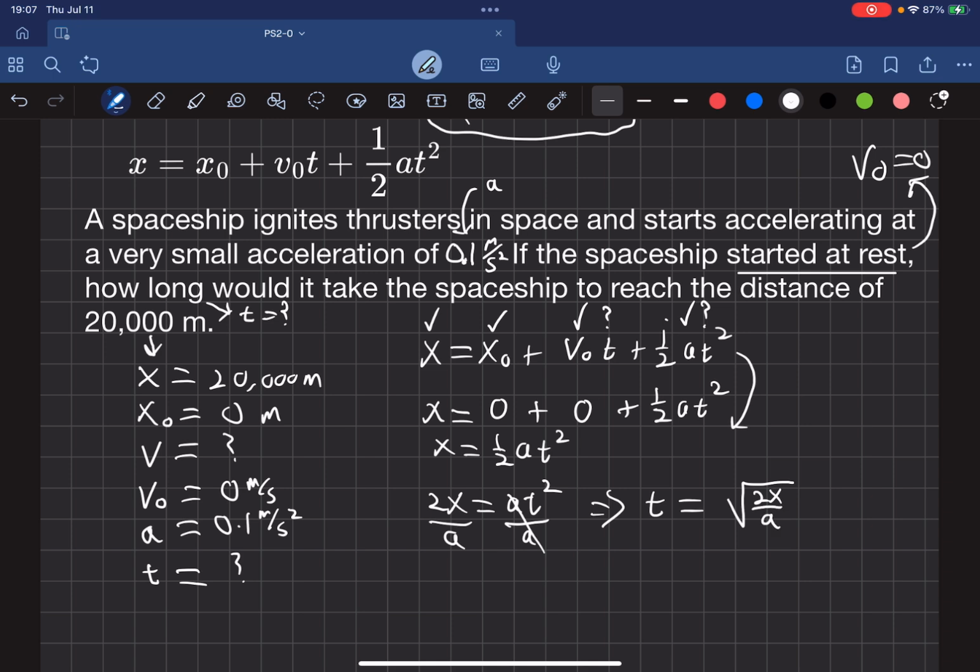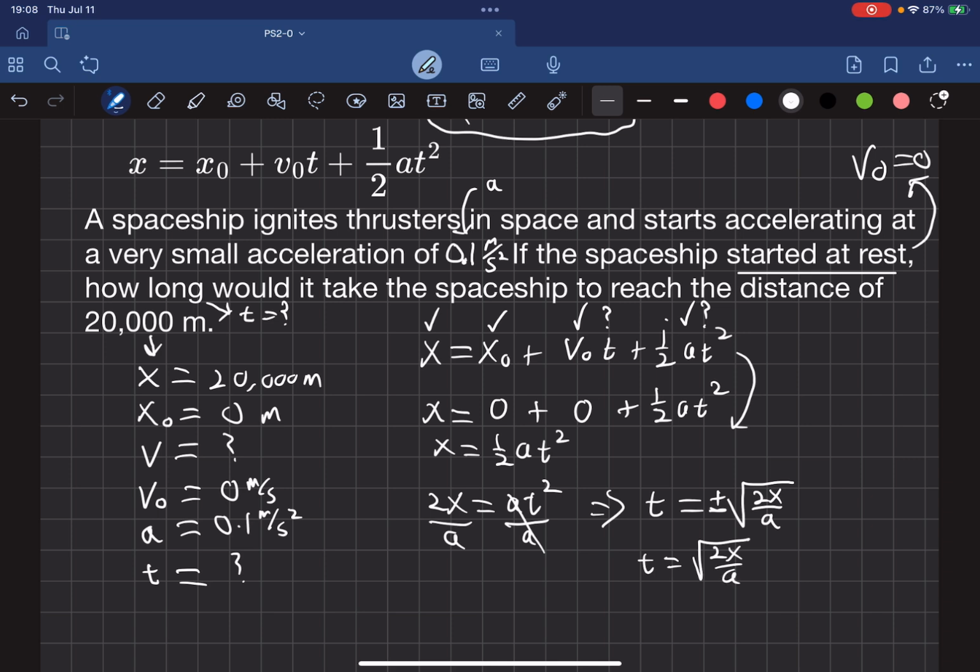Now, technically, it's plus or minus. Your math teachers will be very particular about that. It's plus or minus the square root of 2x over a. But here in physics, we're going to constrain it to values that make sense for the problem. We're not considering negative time. You can consider negative time, and a lot of physicists actually do consider negative time. But we're not going to. So for us, it's only going to be the positive version. So time is equal to the square root of 2x over a,